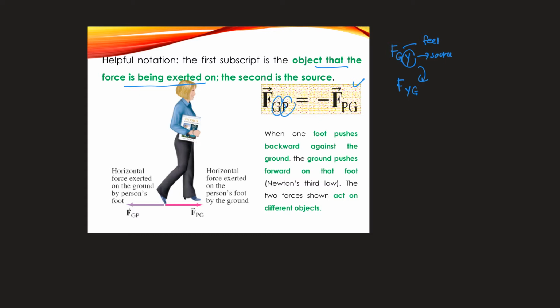Mostly for the questions, you are going to find the net force acting on you, meaning all the forces acting on you. Okay, if you need to find the force acting on the other object, then the question is going to change a little bit. It means the main focus here, the main character here, is going to be another object. Okay, so when it comes to Newton's laws, make sure that you identify which one is the main character of the calculation. Okay,